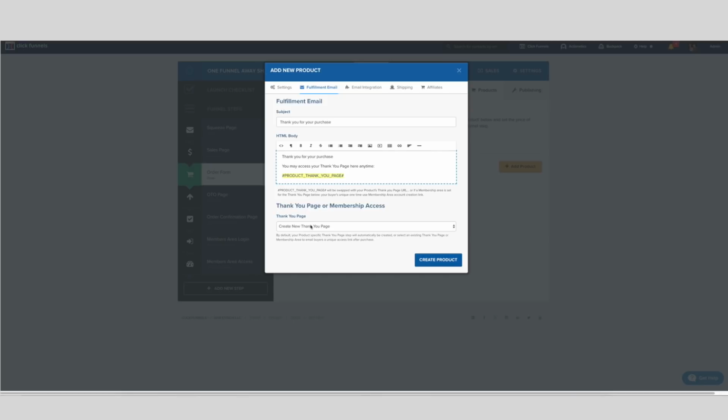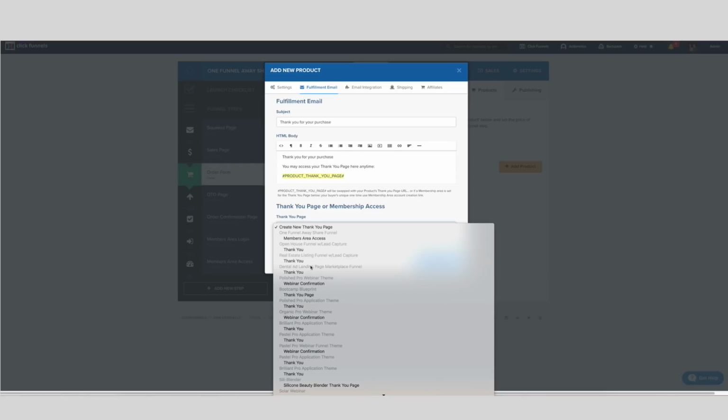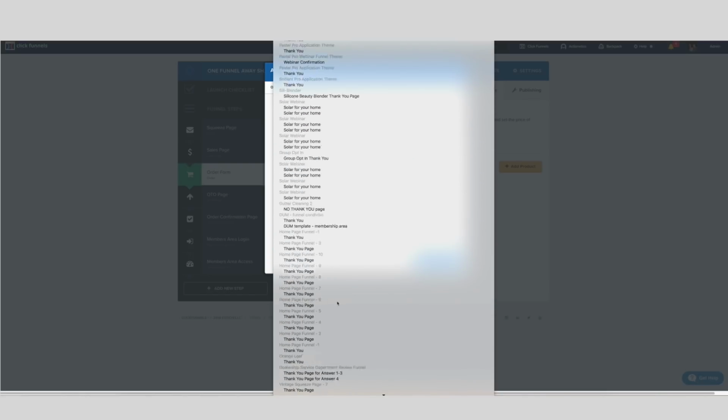So if they purchased a workshop or a download or an ebook or what have you, we need them to go to the members area where they can pick up that product. We will be designing the members area in a later challenge, but I wanted to show you that you'll be able to see. This is going to be really big because we have a lot of things going on here,